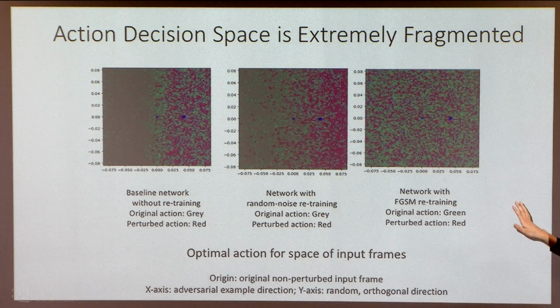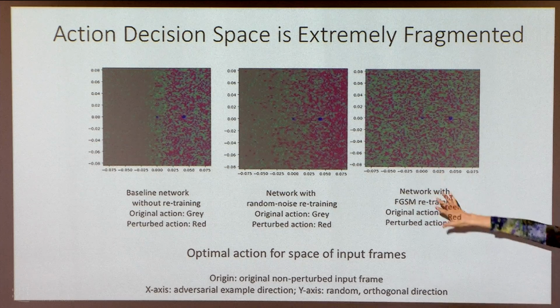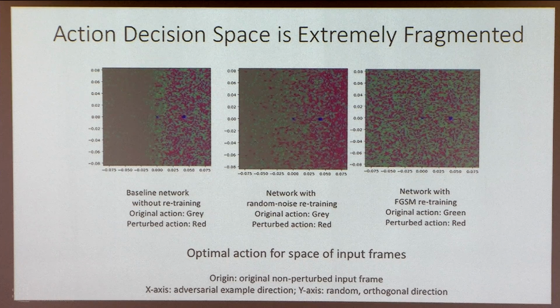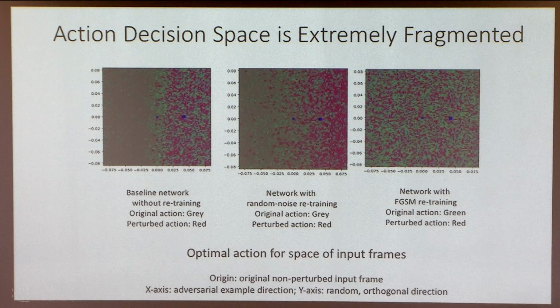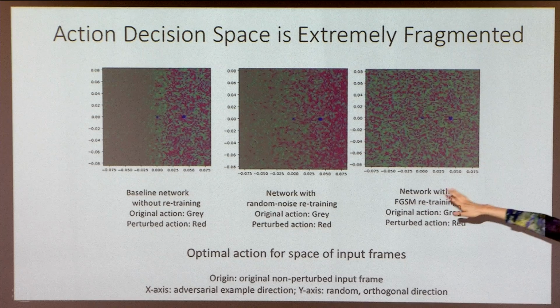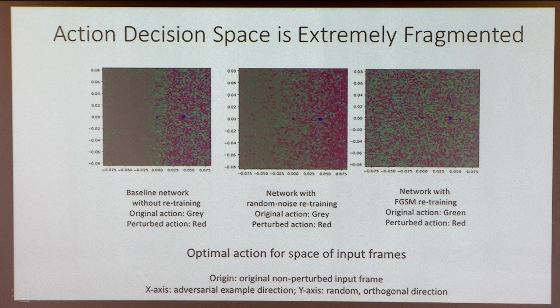So what this figure is showing, in the center of the frame is the original input frame. And with the two dimensions x and y, these are dimensions of the perturbations that we add. Essentially spanning the plane are input frames with various perturbations added according to the direction and the magnitude. The x-axis is the attack direction, meaning the direction of the adversarial perturbation that we added, and the y-axis is an orthogonal random direction. And then each dot in the plot shows the action predicted by the policy, given